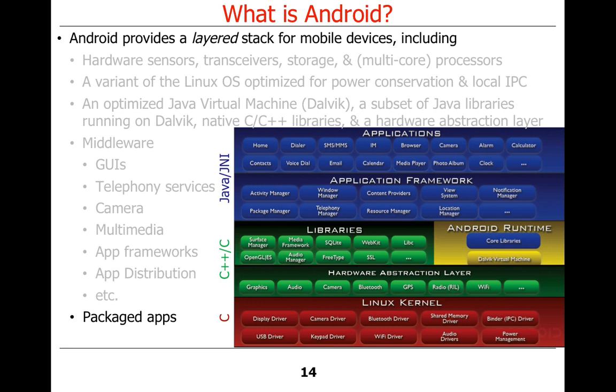Okay, so that's basically the architecture in a nutshell. We'll go through each of these layers in more detail. Any questions about the overall architecture? So what was the need of the HAL, the hardware